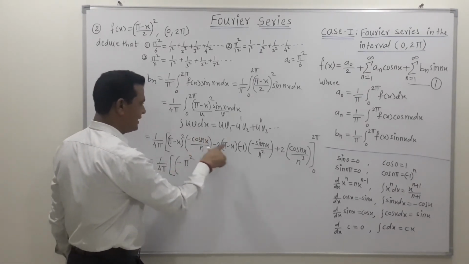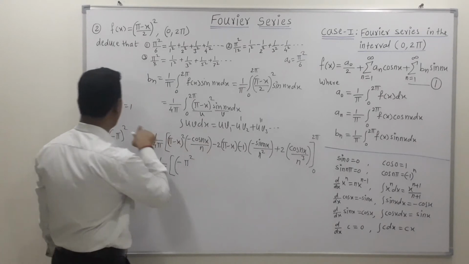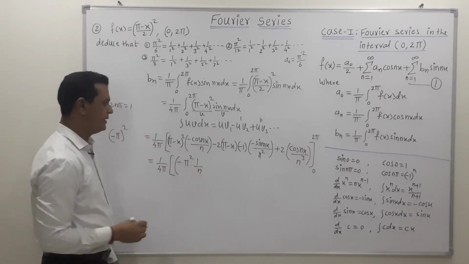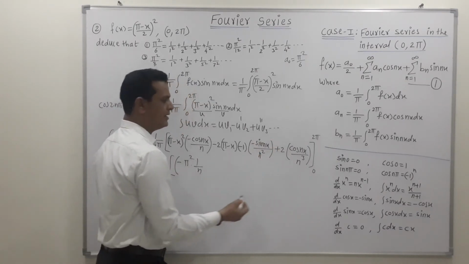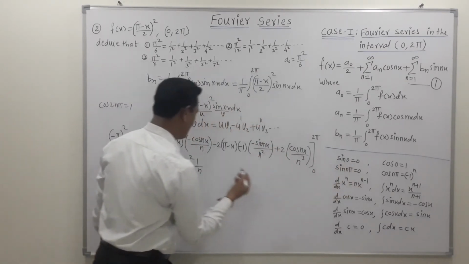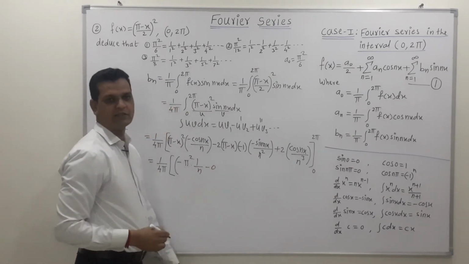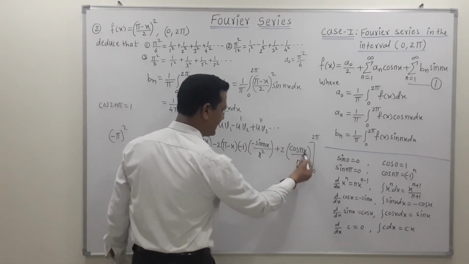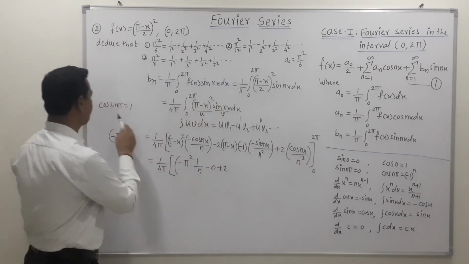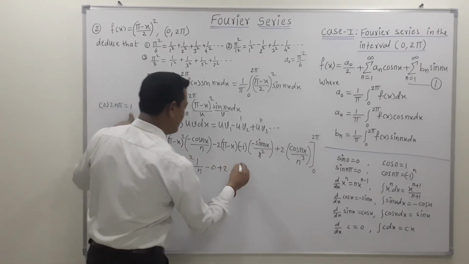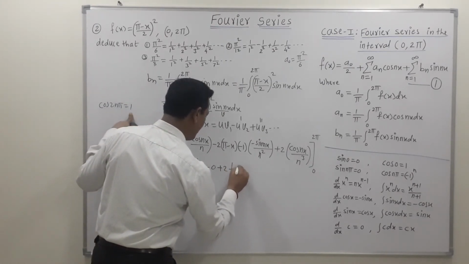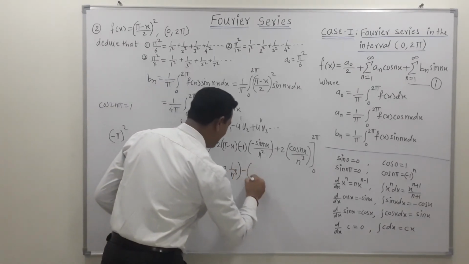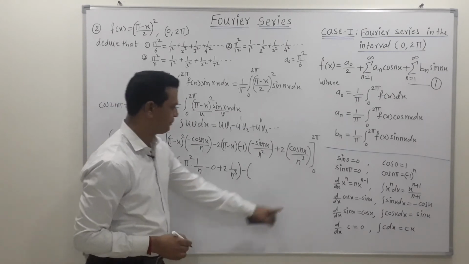Then remaining term is this is sine of 2n pi. Sine of 2n pi is 1. So we can write this as 1 upon n. Next term, sine term is available and sine of 2n pi is 0 according to this formula. So we can write next term as 0. Then plus 2 times. So if we put the value of x is equal to 2 pi, then we get this as cos of 2n pi, which is 1. So we can write this as 1 upon n cube. This is the value of upper limit, 1 bracket. Now put the value of lower limit. Lower limit is 0 here.